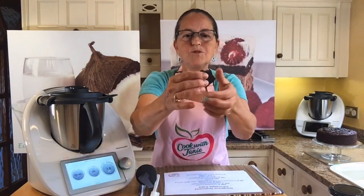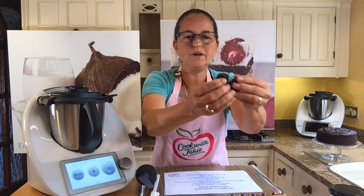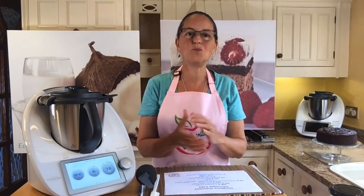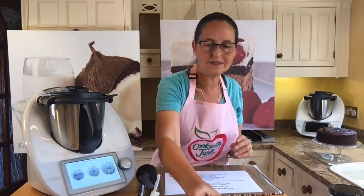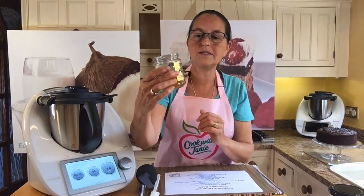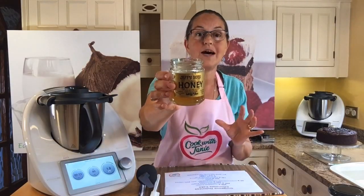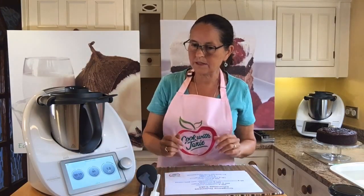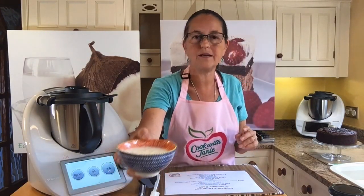And I let it come to room temperature, and then I just pull it apart so it's about the same size as the dates. And these are dried dates, not fresh, in case you live in a country where you can actually get the fresh dates, because they are sweeter and you want this for the sweetness. And so we've got 300 grams of dates, and we've got 50 grams of honey, and this is a local honey to me. So once this is melted,